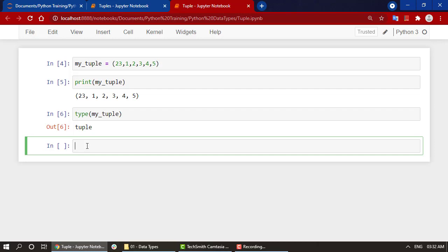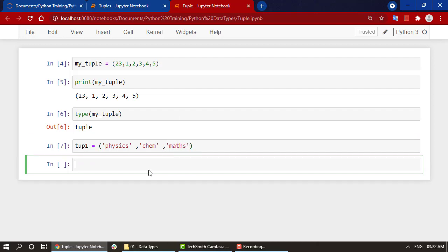Okay, now let's create some more tuples. tup1 equals, I'm going to create physics, chem, and maths. Now, for tup1, if I try to replace anything, let's check if it is possible or not.